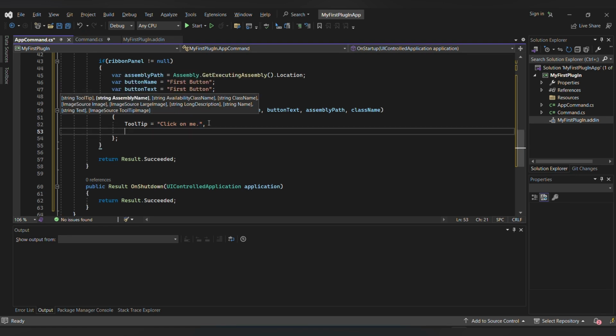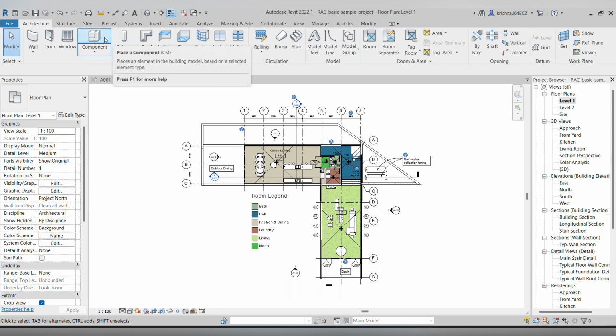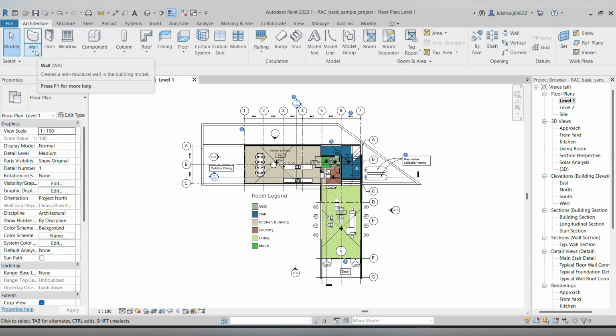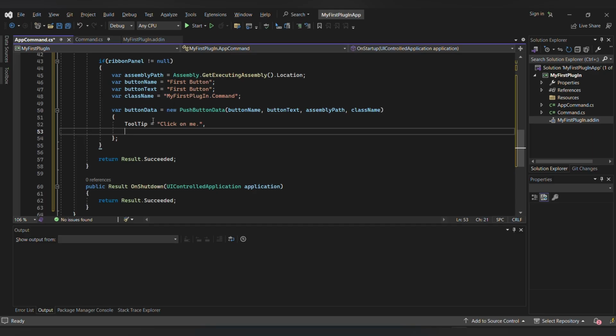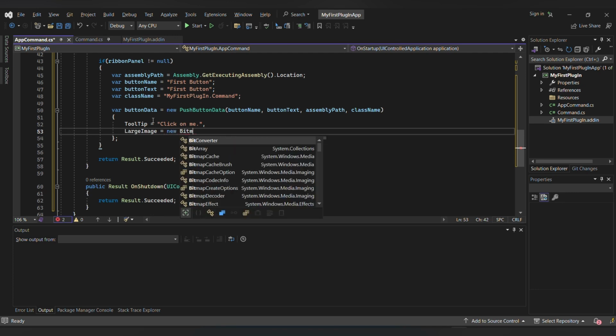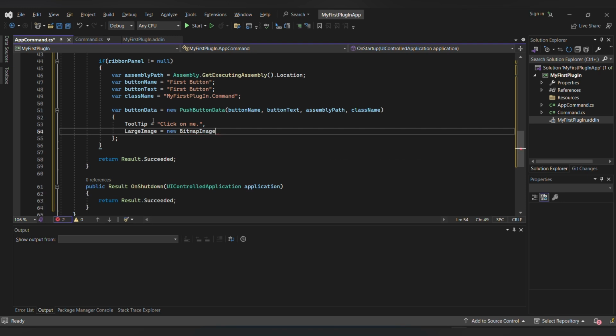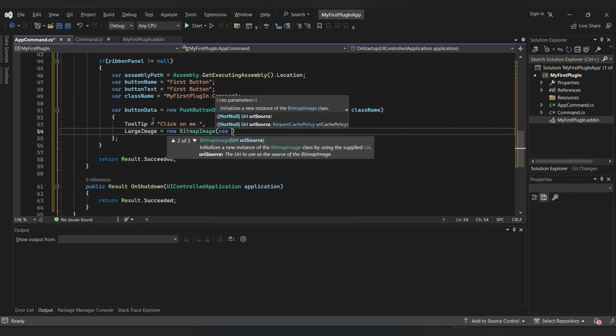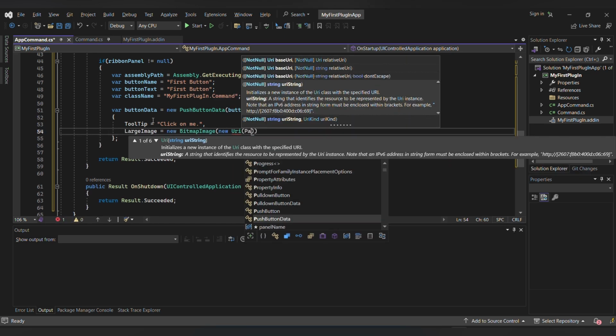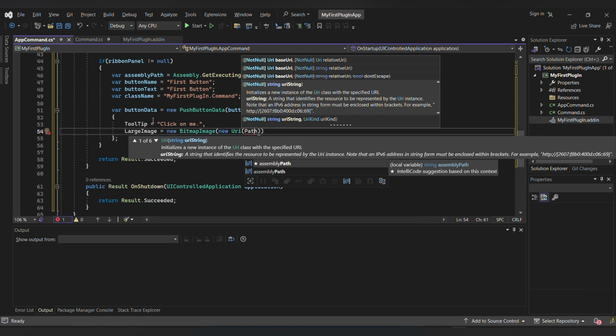Now we are going to create the image. We are done with the button name and button text. Now we need to create the image. For the image we are going to use large image. For that we are going to create a new bitmap image, and in that we are going to pass new URI, and in that we are going to pass path dot